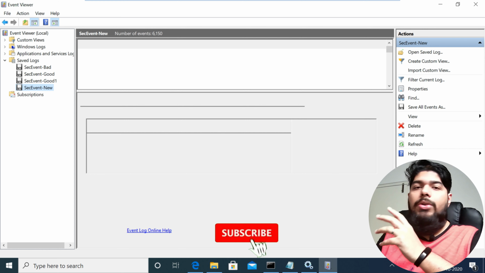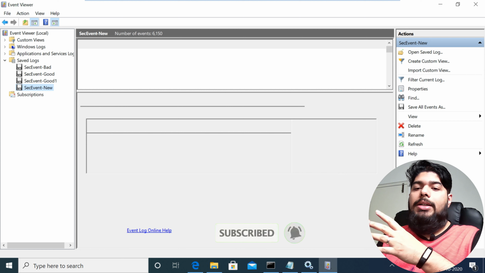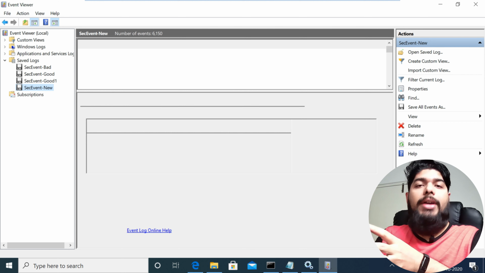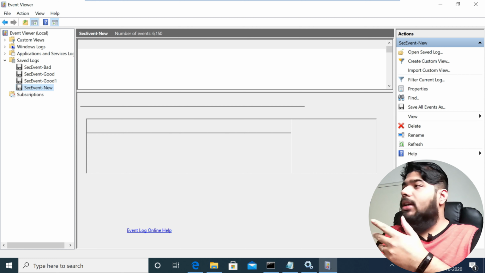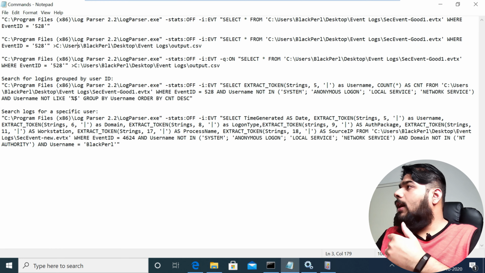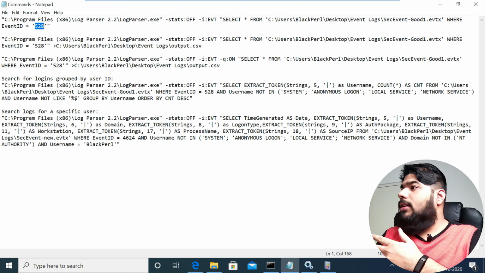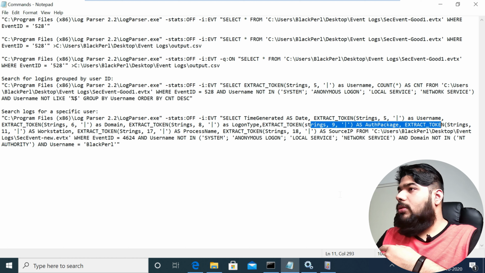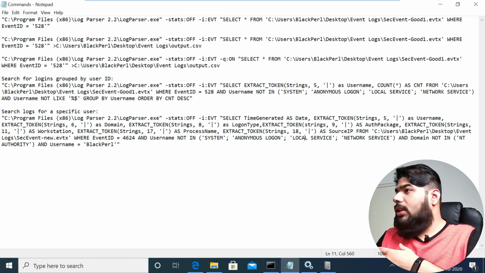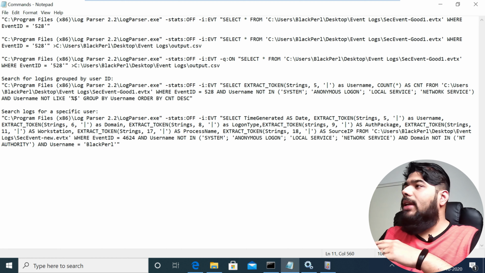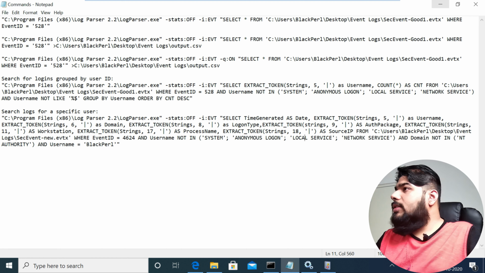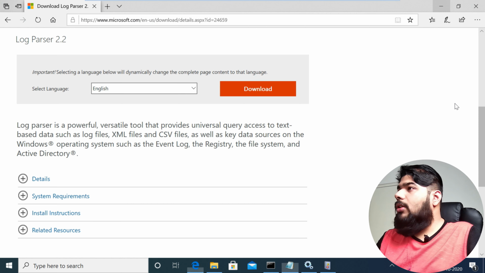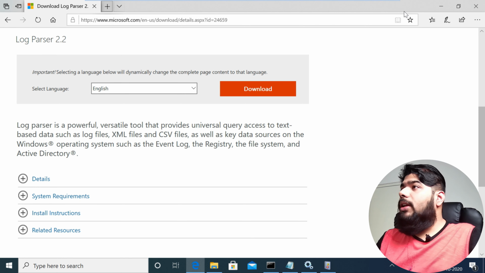I will show you how you can use the same query on recent operating system events, because as you have seen, if you come here and see 528, and this query I am using, if I come here and see the token, the same thing I am using here, but the query looks a little bit different. Okay, so let us go back. First let us check what the Windows login event is for